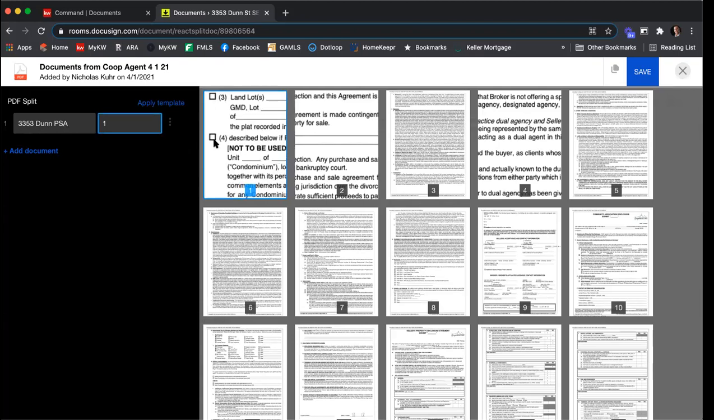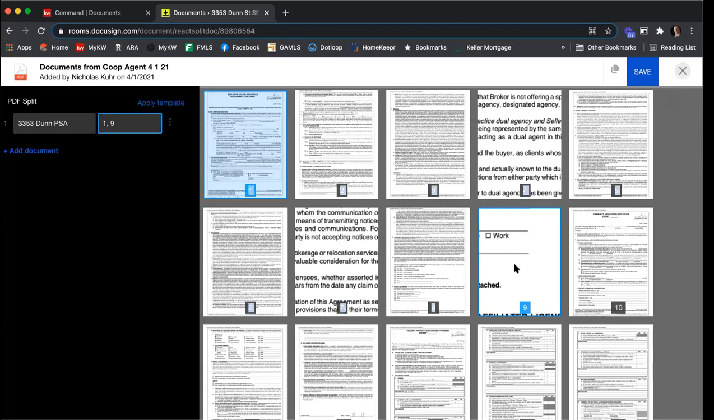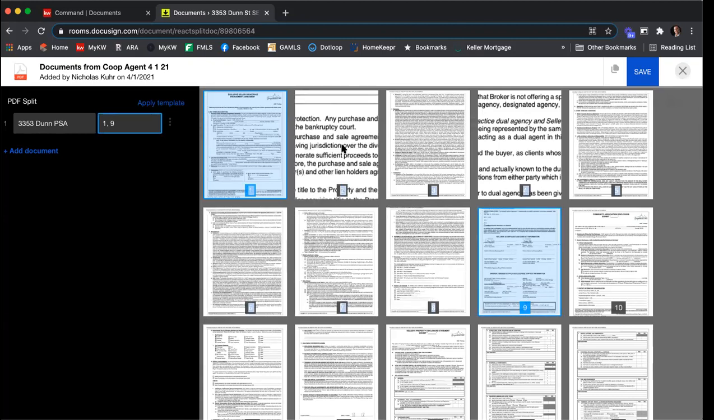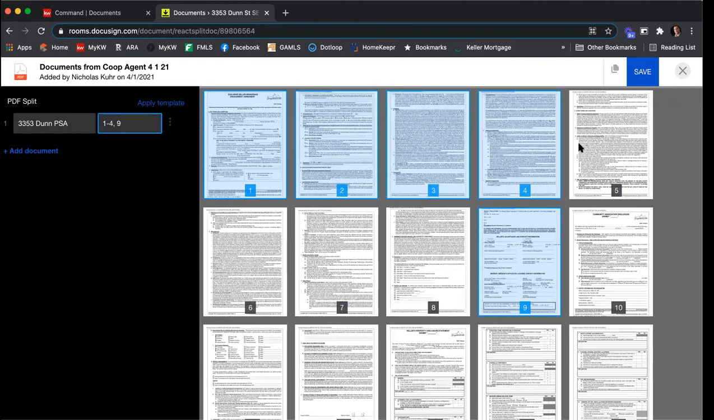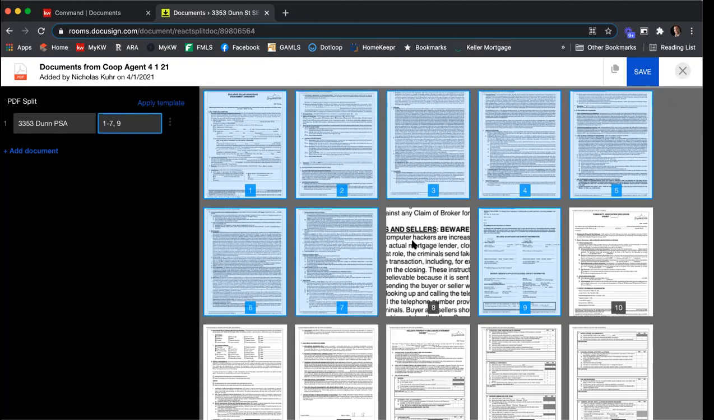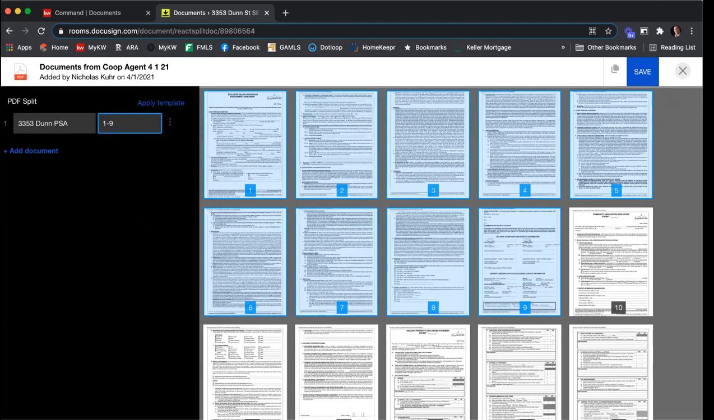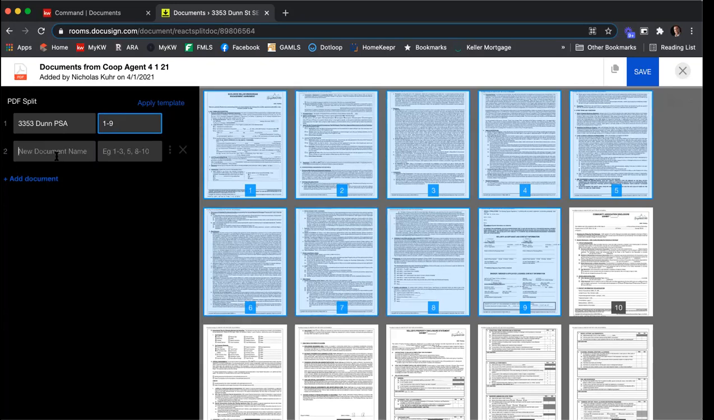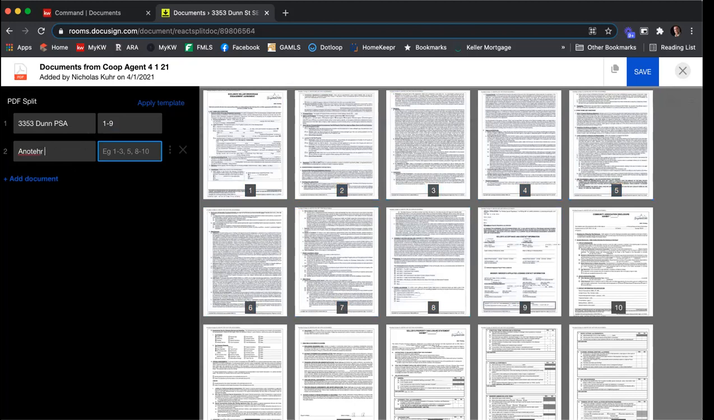So I can click on the page, and then I can click Shift to page 9, and it's going to select all those pages. Oh, never mind. It does not. You have to individually click on each page. There we go. So now that one document is going to be pages 1 through 9. I can add a second document by clicking Add Document, and I'll name this Another